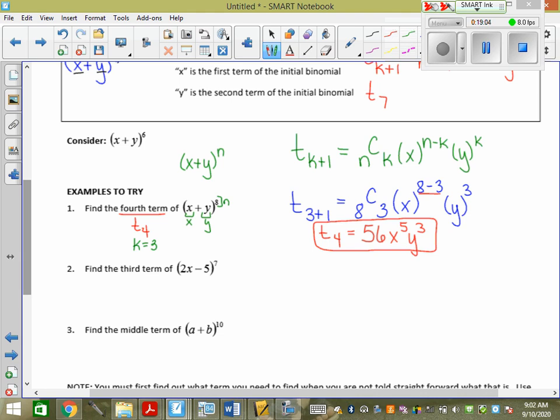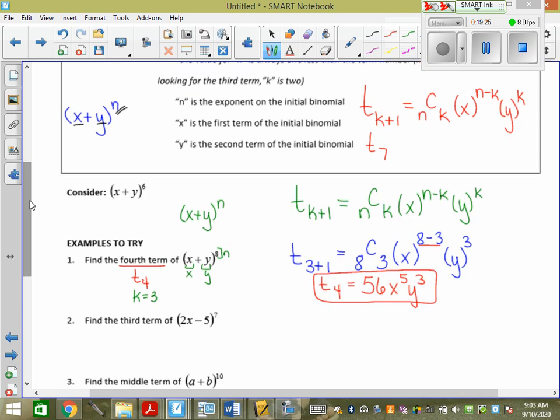So if they give you the term, they give you k, right? Because it's always one less. Now, this is the other thing to note. Your k is always one less than the term you're finding, correct? So let's just look at this one where n is 8 for now, okay?